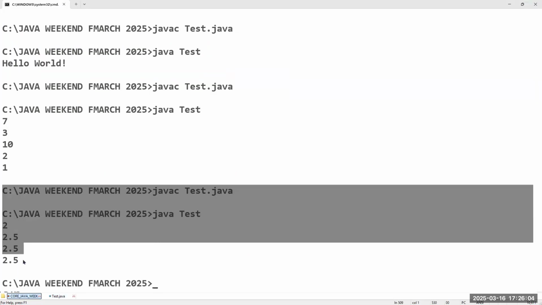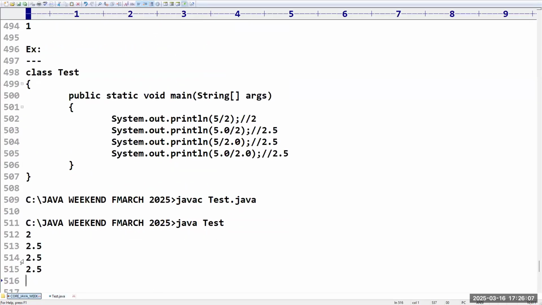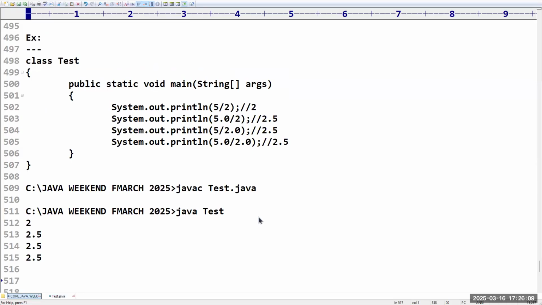Yes, sir. So whenever you need a floating point result, compulsorily you need to take floating, either numerator or denominator or both you have to take. Correct? Please confirm. Yes, sir. Right. So there is one more conclusion,